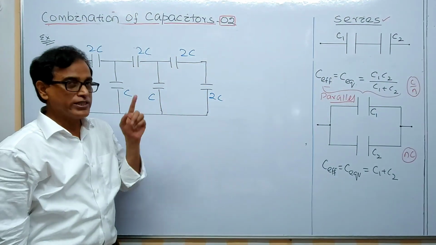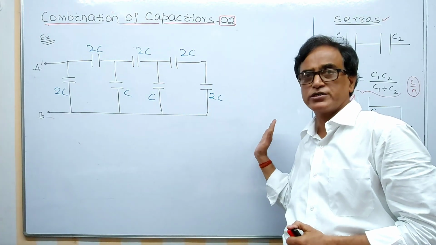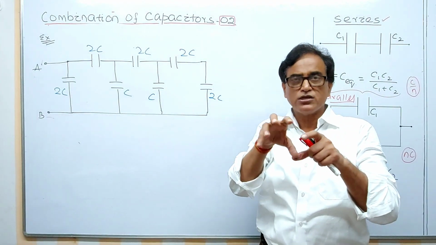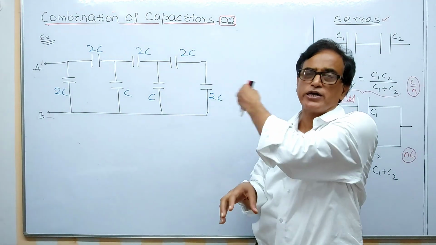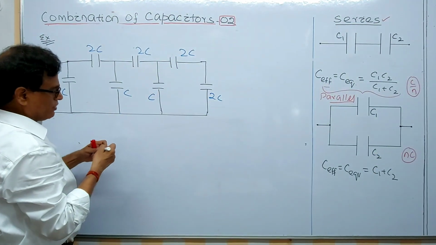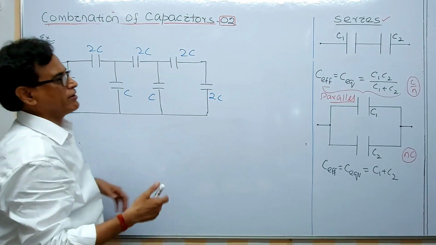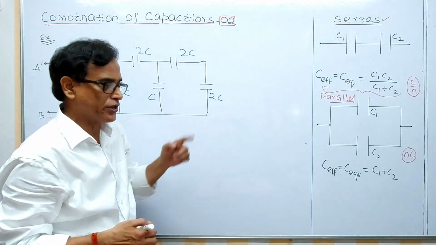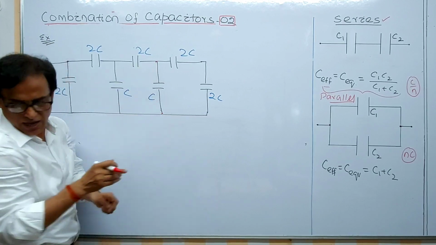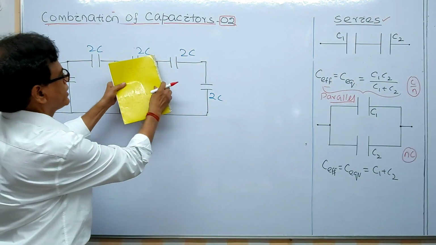See, now whenever the circuit is like this, you should start from the farthest point from the terminals. From the terminals, you can go to the last farthest point. So you can start from this. Now I think, you see, I am taking this one directly. So I think you are habituated with these two formulas, series and parallel. Be quick. Now here, first you start from this. Across these terminals, I am closing these terminals. You can see here.